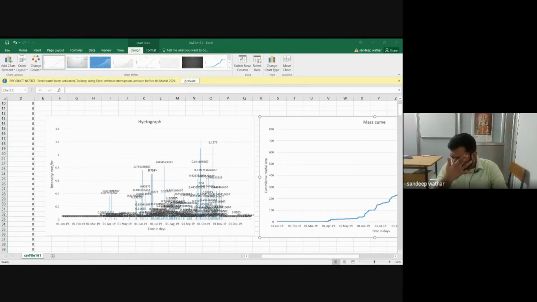In some problems they will give you the cumulative values. From the cumulative values you have to calculate the actual rainfall that has happened for each individual day or individual hour. Again you need to calculate the intensity for hours. Then you draw the hyetograph and masker. Anyhow, this is what it is. If you find difficulty in solving any of the problems from the question paper, you send it to me and I'll solve it here in the class.